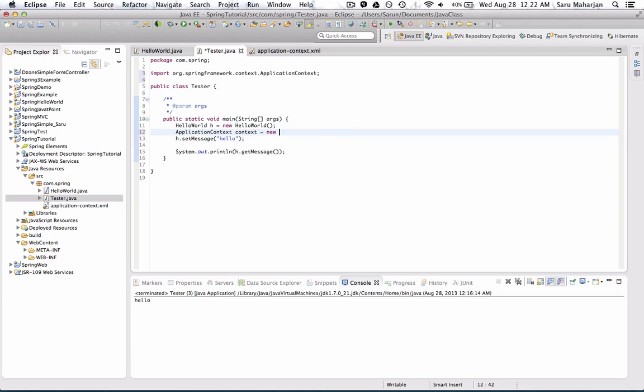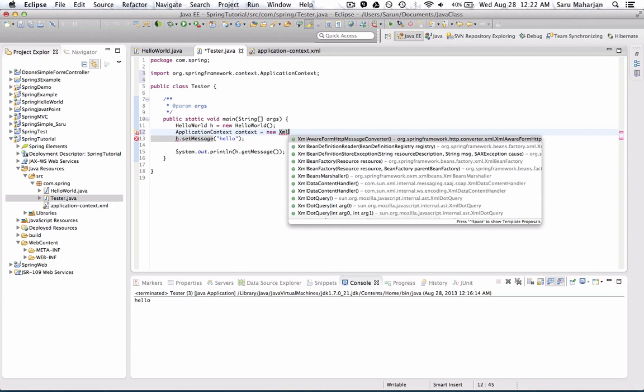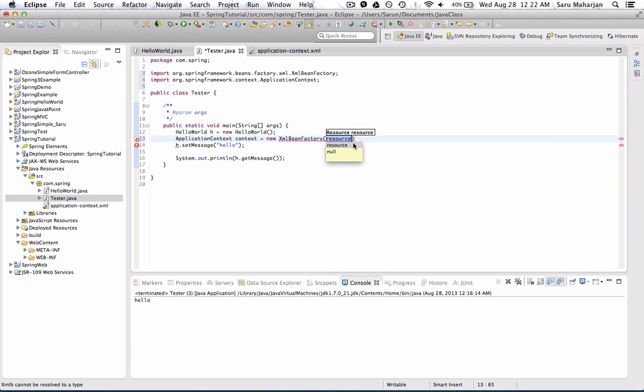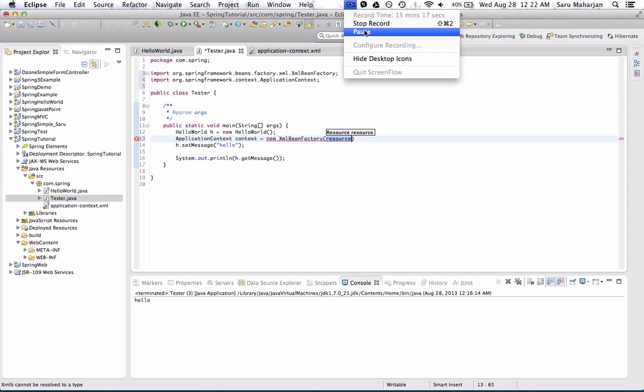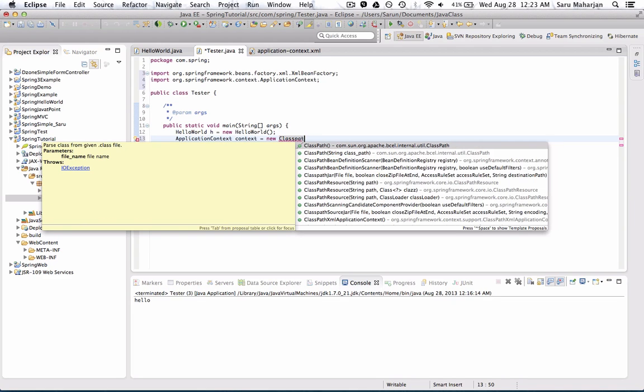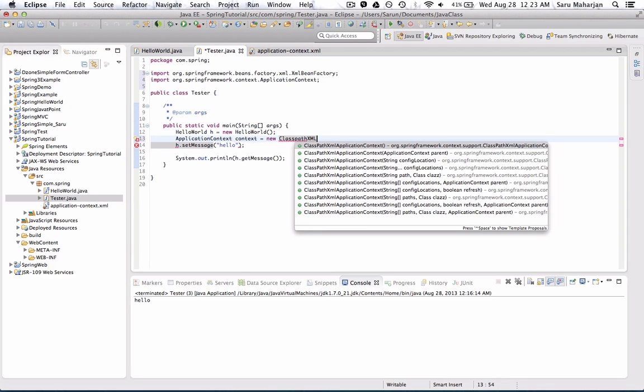I think it's new XML... Bean... okay, BeanFactory. Let me pause this. Okay, so we write new ClassPathXml